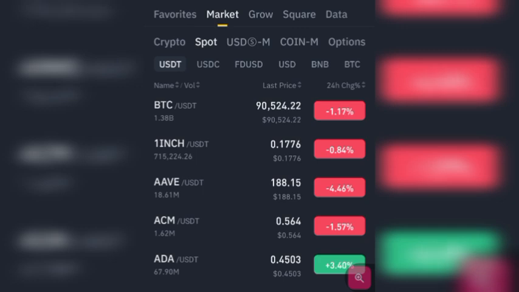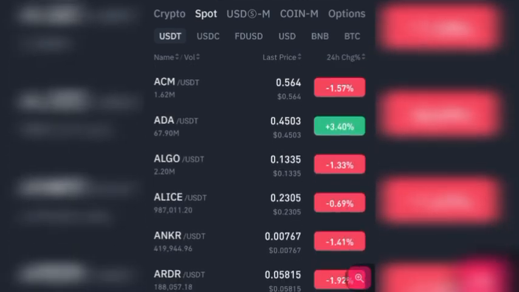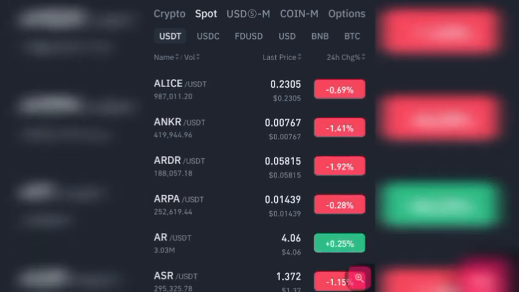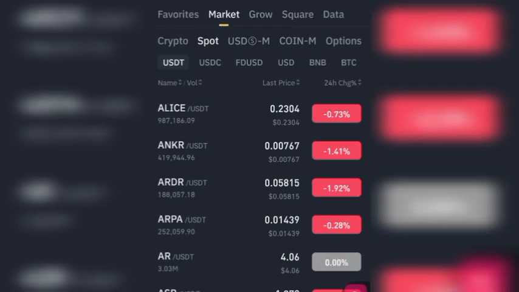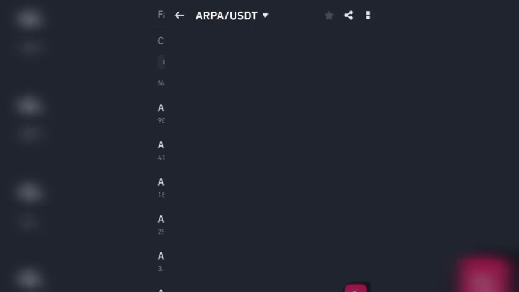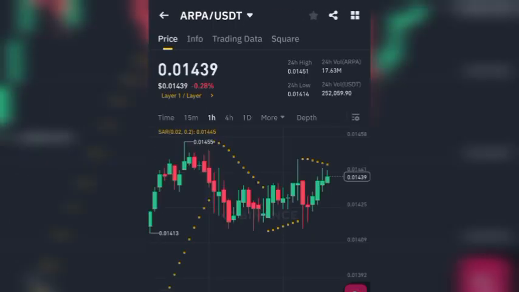Let's look for another smaller coin that's not as... okay, let me check for it. Okay, let me look at ARPA. ARPA is actually 0.014. It's not as small as ZIL, but let's see whether ARPA can still give us more profit, because you see, taking a smaller price coin can give you more profit. So let's go and check the compare markets,